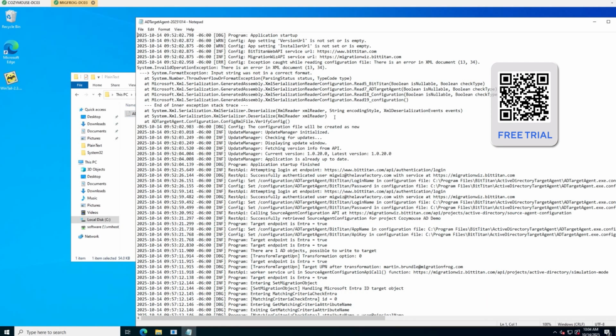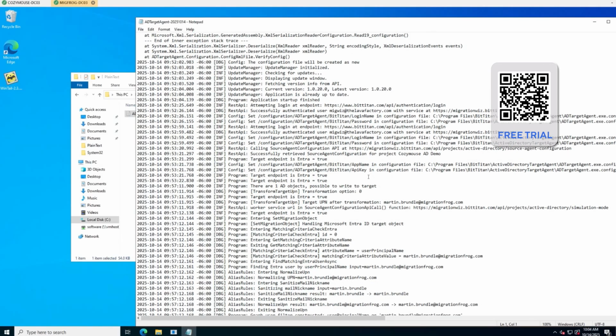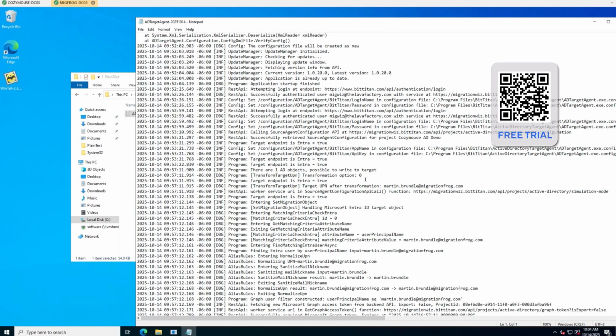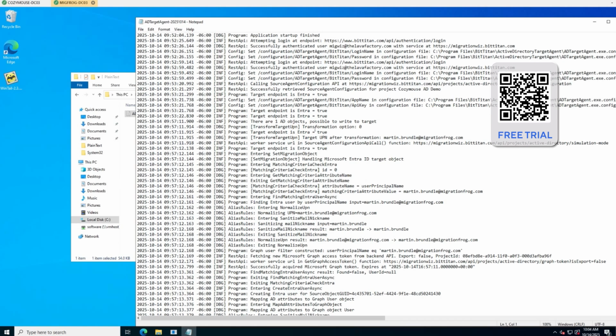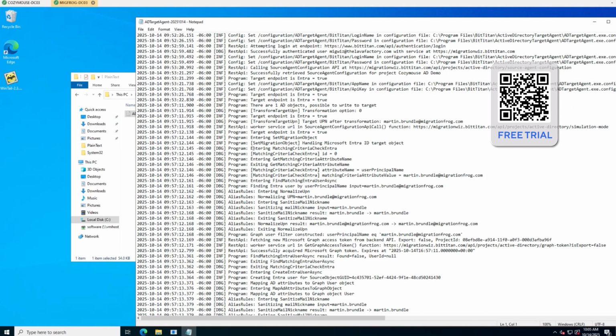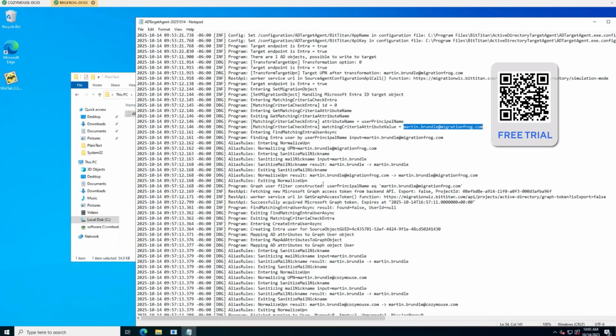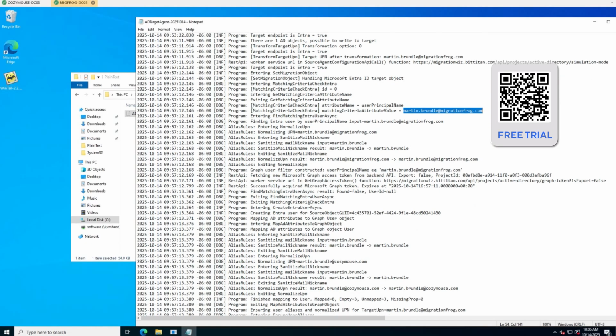There is a lot of information in here, so just be careful as you go through not to get too bamboozled by everything, but we're particularly looking for the items that talk about Martin. There's only one item in this one so far, so it's quite easy to go through and look. You can see it's actually doing a matching criteria. It is looking for the UPN, the matching criteria attribute name, user principal name there, and you can see it's found that the true value here is a cross of migration frog, and it will go through and decide whether it finds a match, what it needs to do with it,